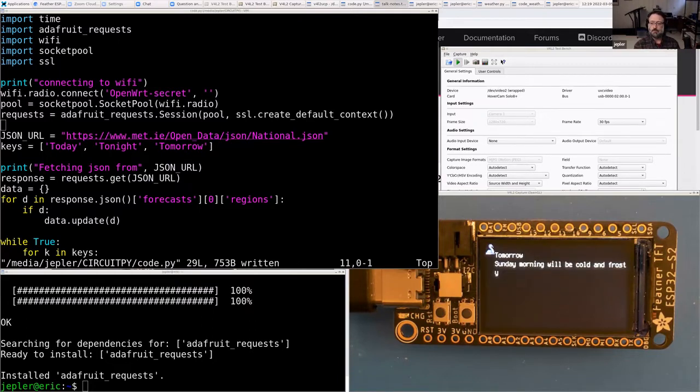Now this is very basic. Some ways that you might take this further would be to wrap the text better, to show an image about the weather, to use a different font that was more legible. So all kinds of directions that you can take it.